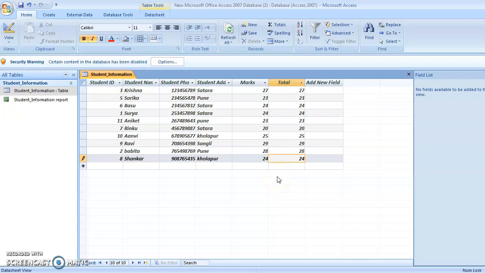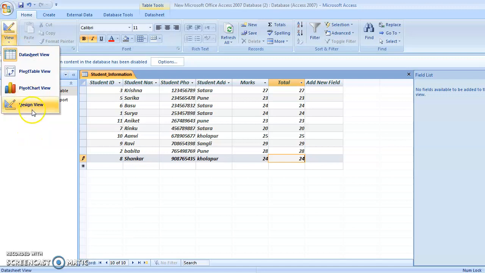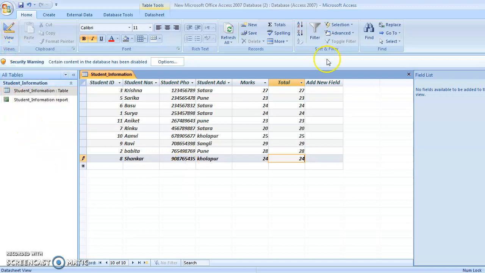So you can learn how to modify your database, how to add a new field, and how to change the data type of that new field. For that, go to the view option, choose design view and change the data type of the new field, and like this you can enter data into your field. So this is the data type which we created.